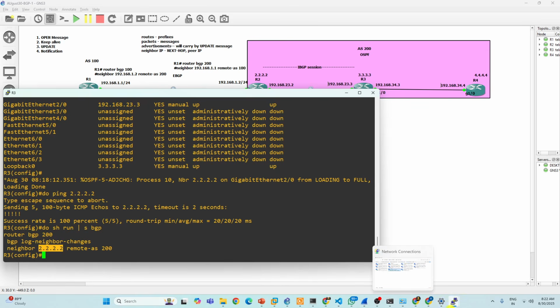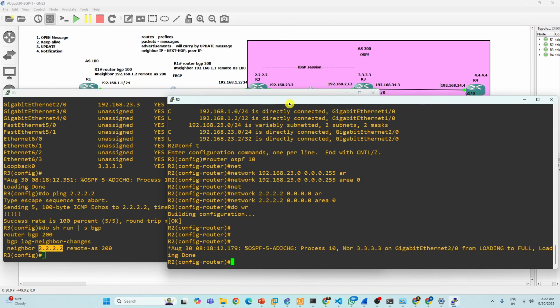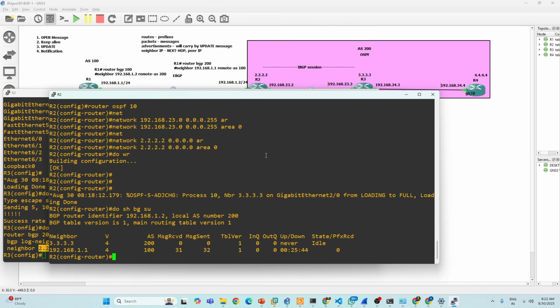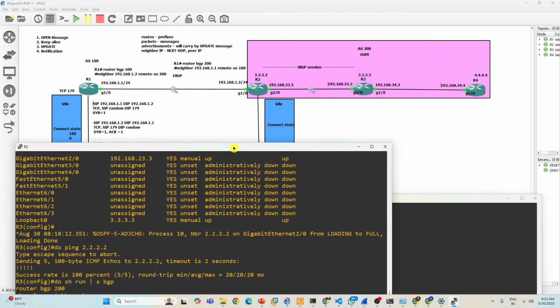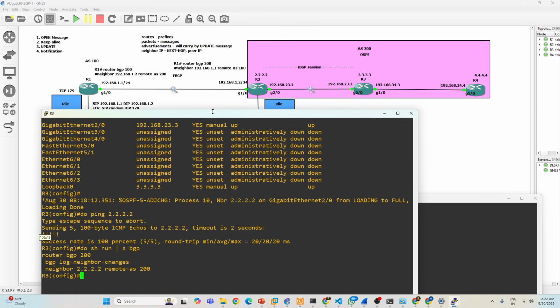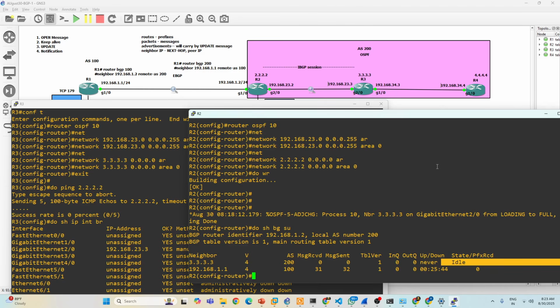Now, to make it work, what do you need to do? Simple. Otherwise it will be stuck in the idle state. Yes, see here, do show BGP summary. It is still stuck in the idle state because you never get a SYN-ACK to enter the active state. If you see right here, in the idle state it is sending a SYN packet. If you get a SYN-ACK, it will move to connect. It is not moving to connect either. The connection is reset, right? You got a reset flag. Reset flag means the connection is disconnected.